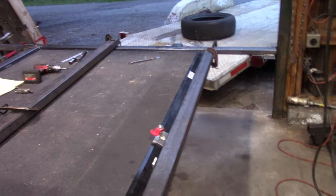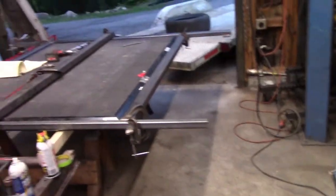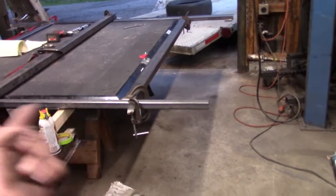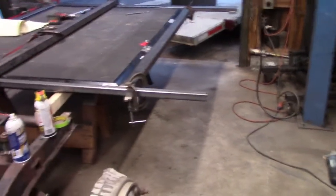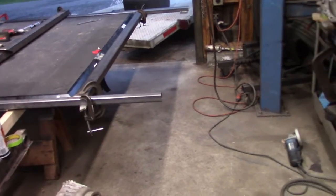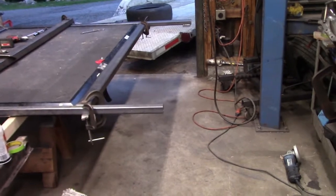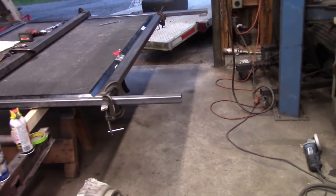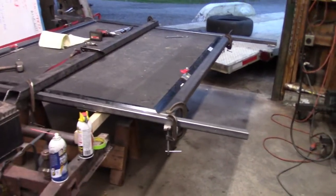So tomorrow when I get some help, I'm going to flip it and weld the other sides of the tubes, and then hopefully I'm gonna fit check it, take it back down, bring it back up here, do a real thorough paint job on it, and then put it back in the camper for the